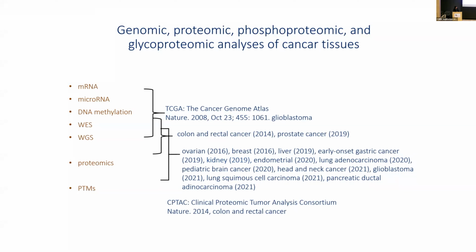Johns Hopkins Protein Characterization Center has been involved in ovarian cancer, kidney cancer, head and neck cancer, and pancreatic cancer characterizations. In the next few slides, I want to show how our proteogenomic characterization can be used to characterize a retrospective sample from the TCGA collection and characterization, as well as